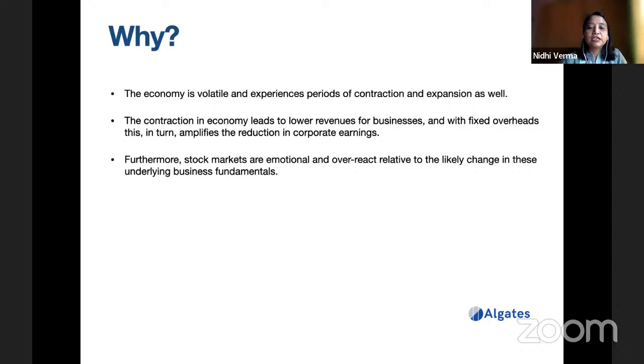Another thing is that the markets are also very emotional, because they consist of participants who are human, and of course emotions will come. They overreact relative to whatever is the actual expected change to happen in the economy. More than that, the market overreacts. The change in the stock market is sometimes very drastic when compared to the actual change in the economy and the underlying business fundamentals, because of the emotions which ride in the market because of human intervention.